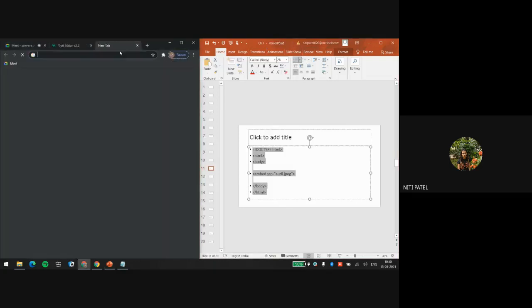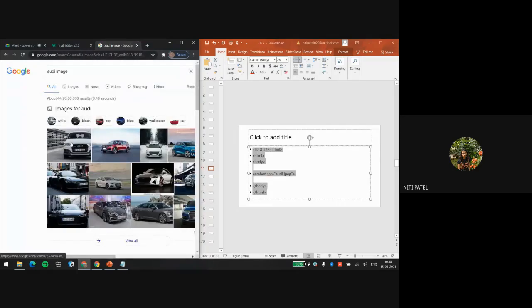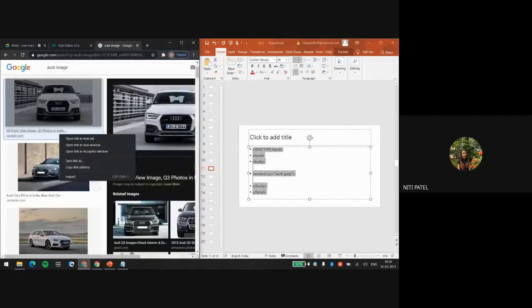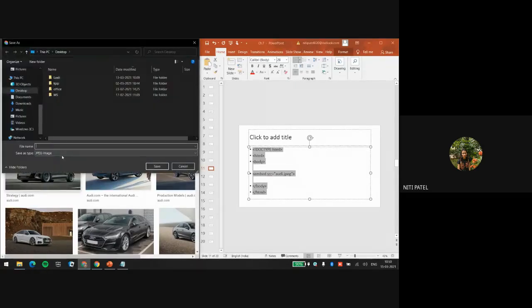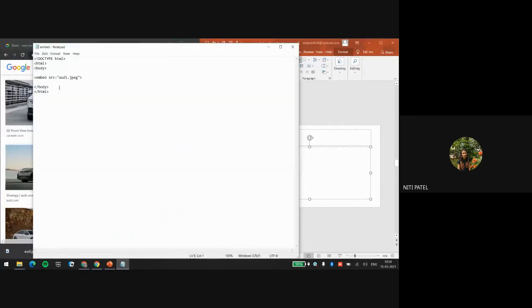If not, let us download it. I save the image as audi.jpg. This is a JPEG. I will keep it on the desktop so that I don't have to change the source. So I have the Audi image now.